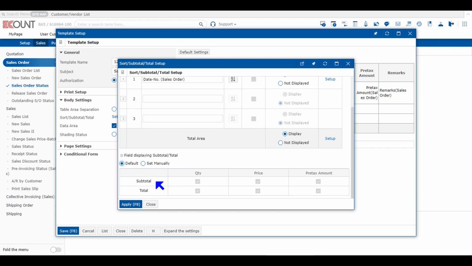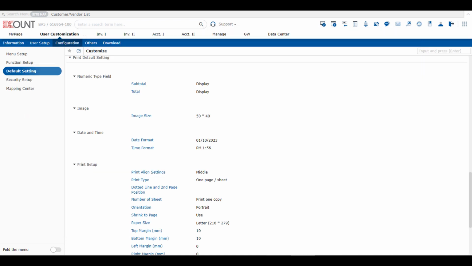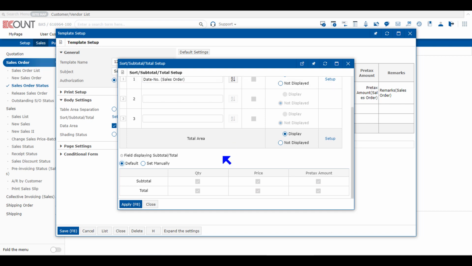So please note that for the settings for the general ERP code, please use user customization default setting. And for an individual setting of a particular printout, please go to each template setup and click total subtotal setup and click set manually option and edit the individual setting. And moving on,